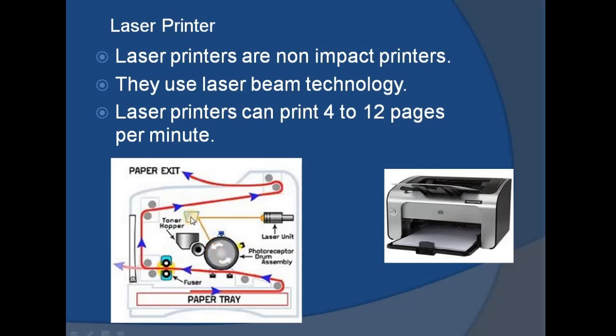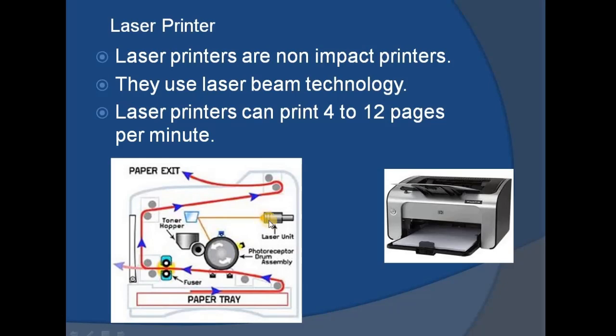The toner consists of the ink, and these particles get absorbed onto the photoelectric drum or photoreceptor, and then they come in contact with the paper we have given, and the characters are printed on the paper. Then the fuser is used, which erases the charged particles present on the photoelectric drum and gets it ready for the next page. This is just to tell you how it simply works, the basic working concept.